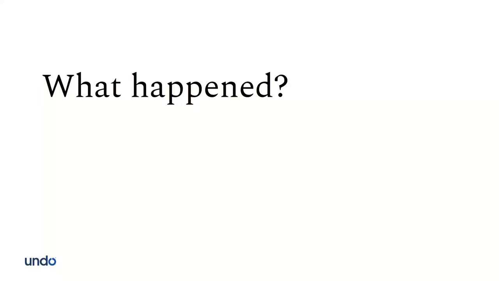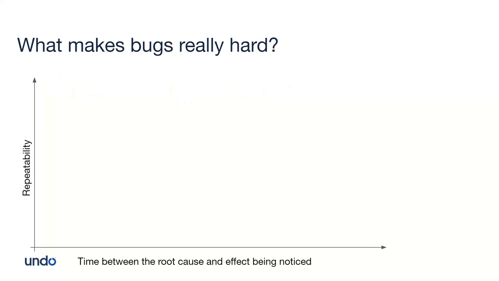So what is debugging? Another way to express debugging is this process of what happened, right? What did the software do? I wrote my program, I had a certain mental model expectation of what it would do, and reality is different from my expectations. And so where did it diverge from what I expected? And one way you can think about what makes bugs hard is you've got these two axes, right? So there's the time between the root cause of the bug, the actual bug, and the time you notice, right?